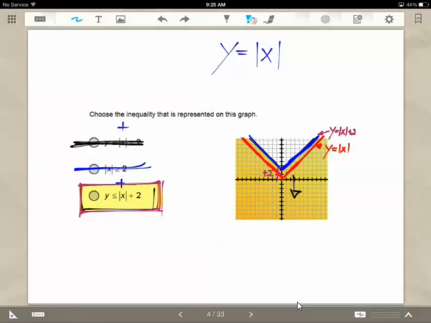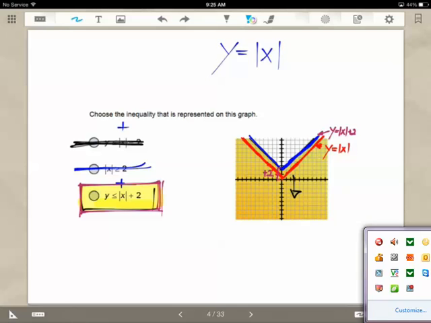is the third one. The represented graph in this problem, the given graph, represents the inequality y is less than or equal to absolute value of x plus 2. And I hope it makes sense, and I hope you guys understood my explanation and you are ready to